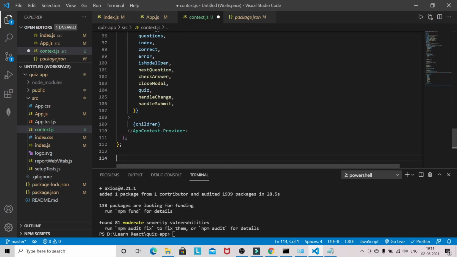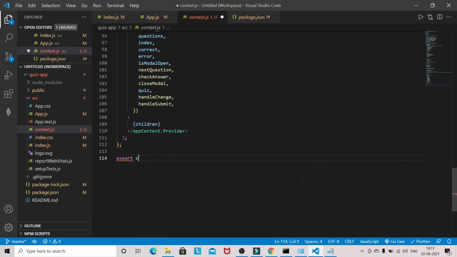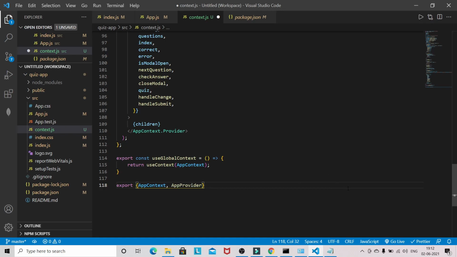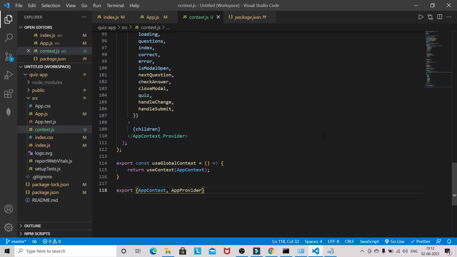So we have passed this, and I'll be using export const useGlobalContext, which returns useContext(AppContext). And I will export AppContext as well as AppProvider.